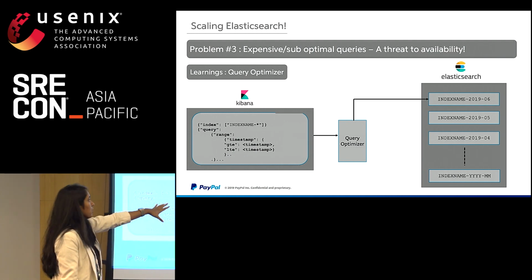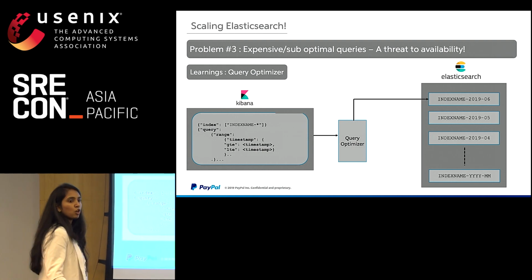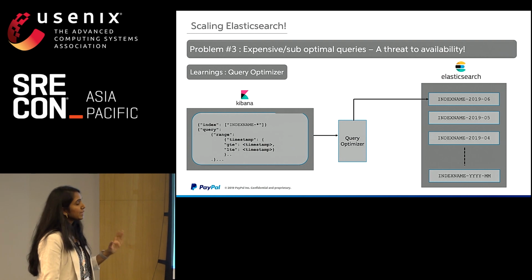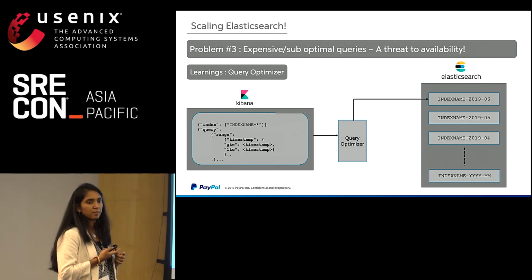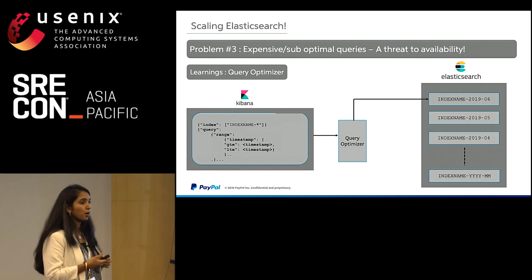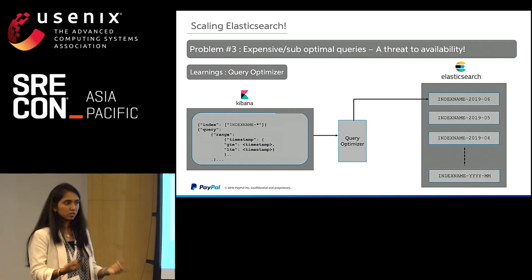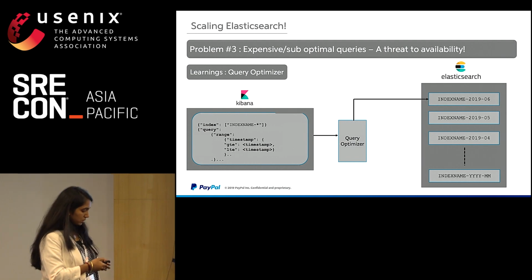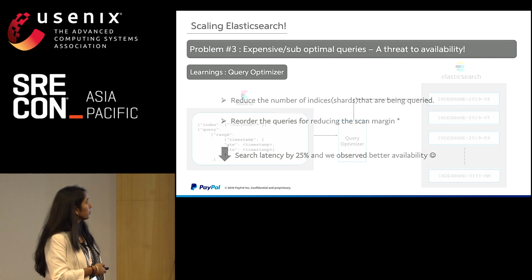So what happens is the rest of your indices, which essentially translate to the shards and nodes, are not put under load, and then you can serve additional concurrent queries. And this is not just in terms of timestamp, but you can also do it with various other parameters. So consider this to be a query optimizer layer, which can do optimizations however you want to reorder or the kind of queries that you want to do and things like that. So that was our third learning, the third byproduct that we had for expensive or suboptimal queries.